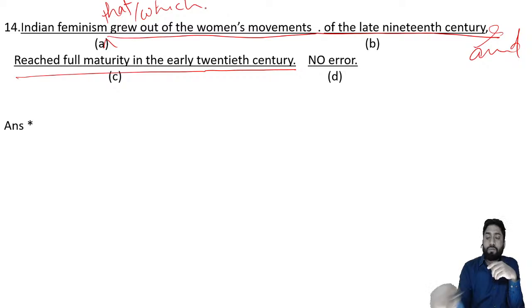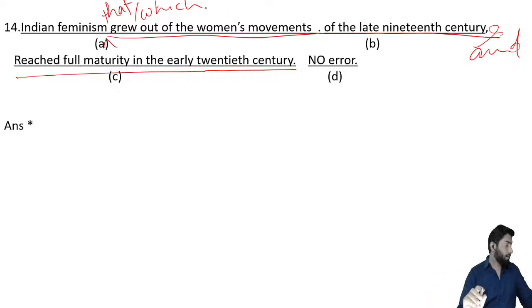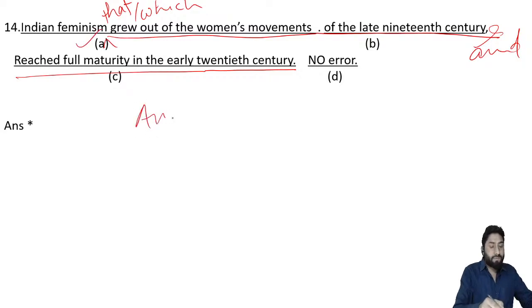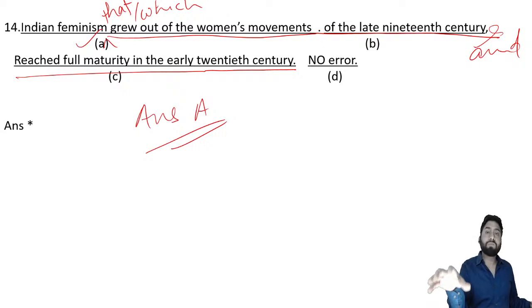Then it will take care of this comma, and the sentence will become correct. So the answer is A. That's where the problem is, because if you add "which", the sentence becomes meaningful and properly structured. Otherwise, there has to be "and" at least to take it forward. So that's all. Next,